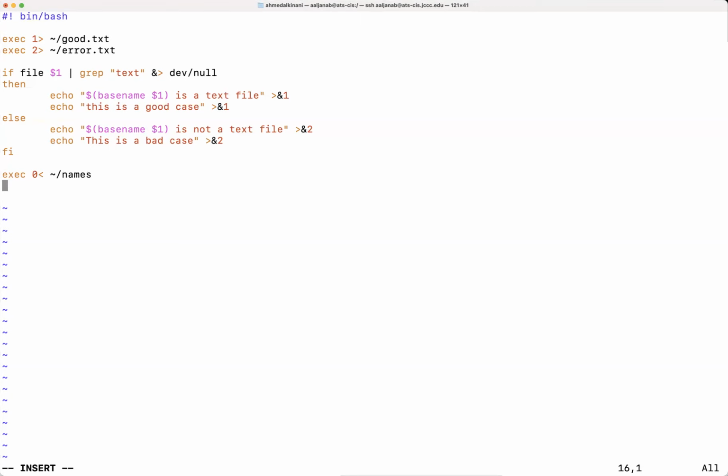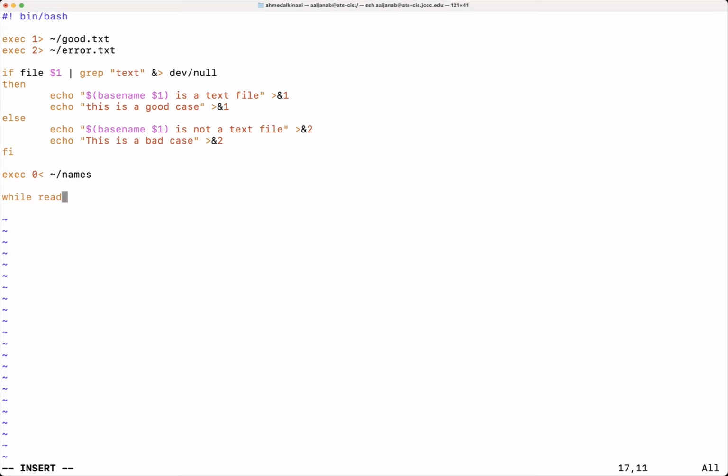And all I have to do in this case, let's go ahead and type while read, and then we are going to type the file name we're going to read from. Wait a minute, let me see here. I'm just trying to make sure that I'm not making any mistakes here.